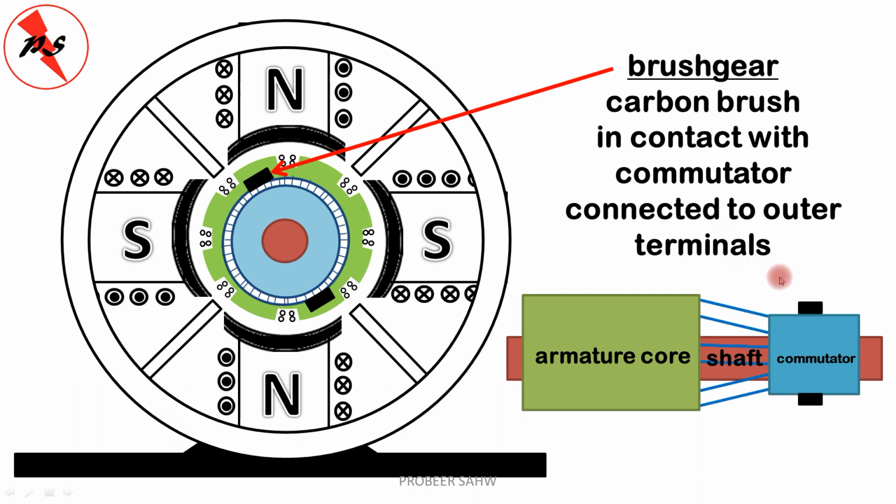So for the operation of this DC machine, the winding that is put on armature slots, the slots on the armature core, a part of it is connected to each commutator segment. So there are many commutator segments on this commutator and each segment is connected to a set of winding on the armature core. So what happens if it works as a DC generator? EMF will be induced in the armature winding, which will be AC in nature. Then it will be passed to the commutator. The current that goes to commutator is AC in nature. It will be passed to external circuit through brush, and then that current will be DC in nature.